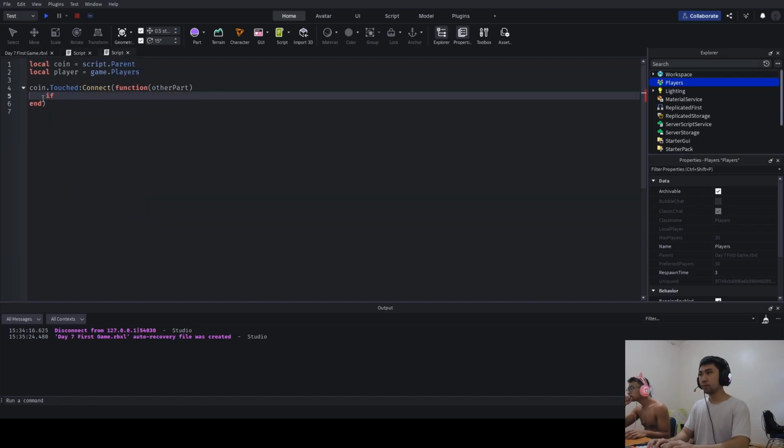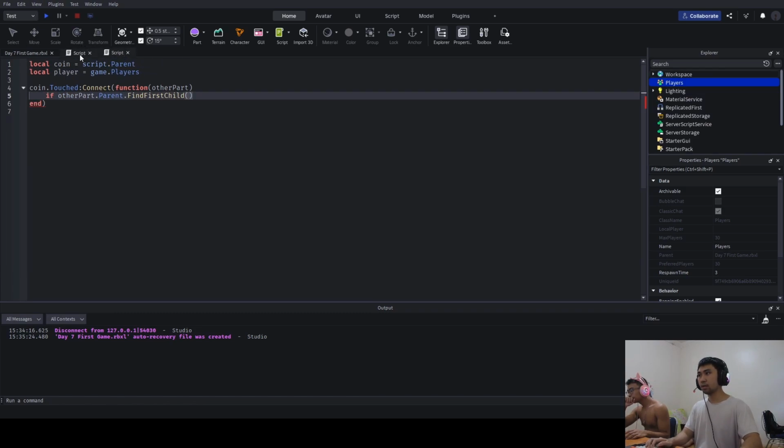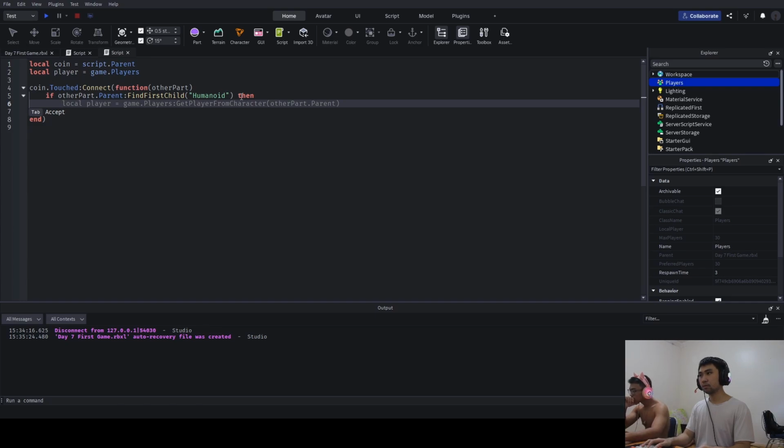If other part, other part.parent, other part.parent:FindFirstChild humanoid. This humanoid, then player